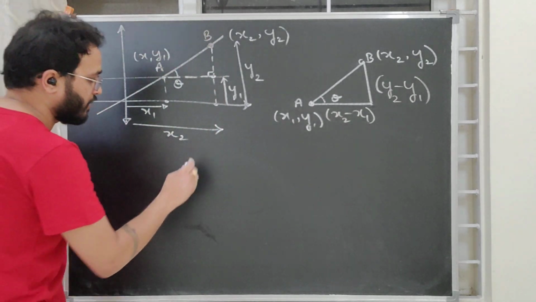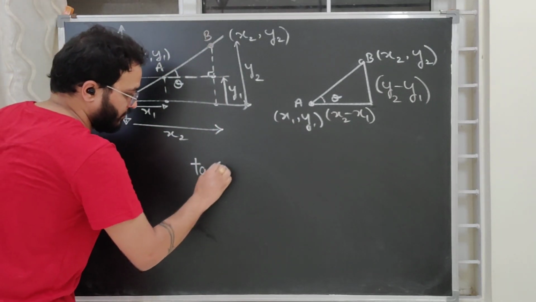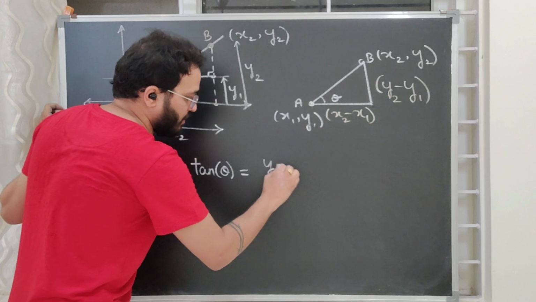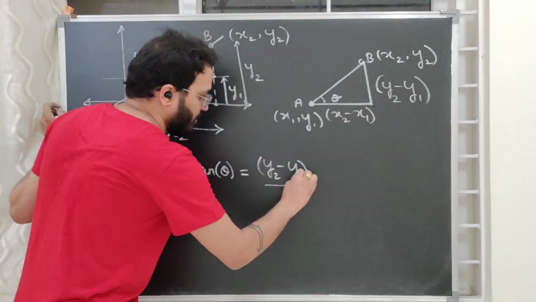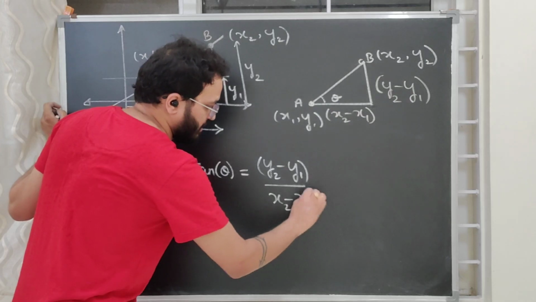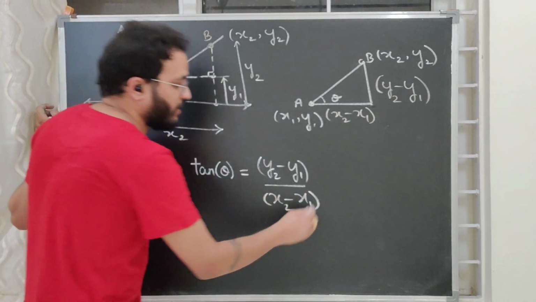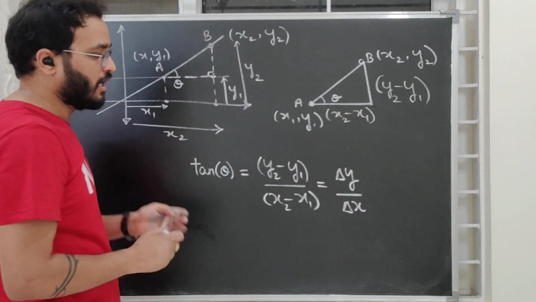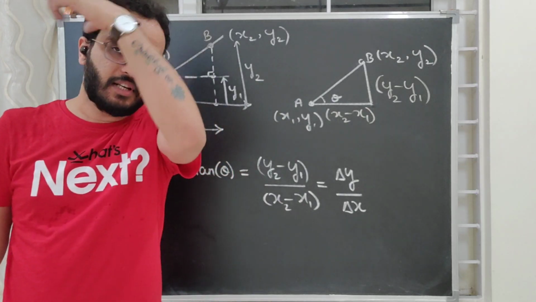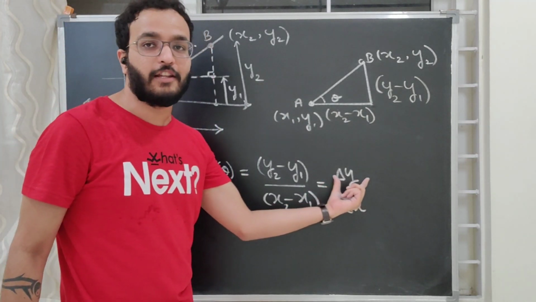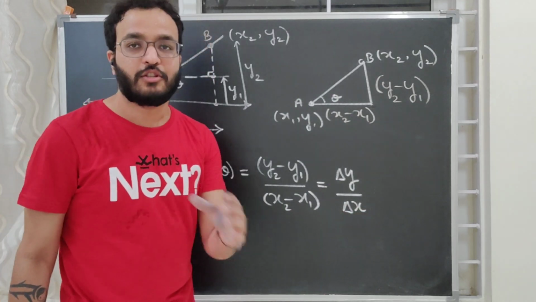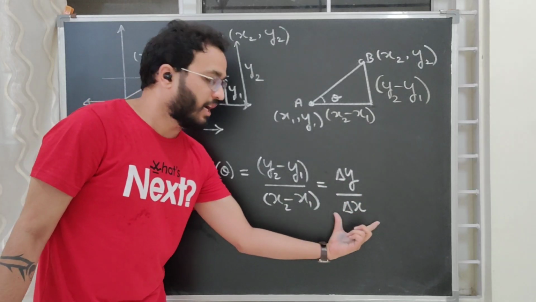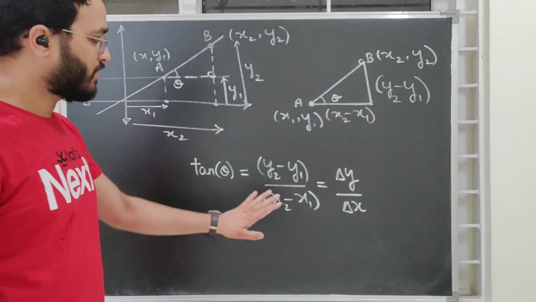Cool. So we say, what is tan theta? So tan theta is the slope of this straight line, which is also equal to y2 minus y1 upon x2 minus x1. And what is y2 minus y1? y2 minus y1 will be delta y and x2 minus x1 will be delta x. Now what is the meaning of this delta y? The meaning of this delta y is that it is the change in the y coordinate. Delta x means change in the x coordinate. So basically slope becomes the change in the y coordinate upon the change in the x coordinate. I hope this is clear, right?